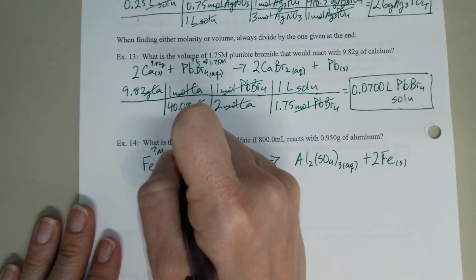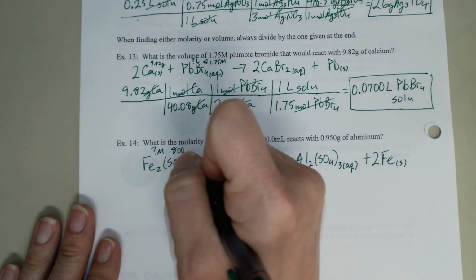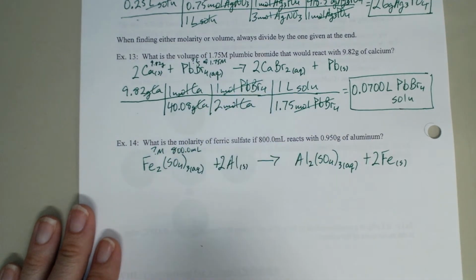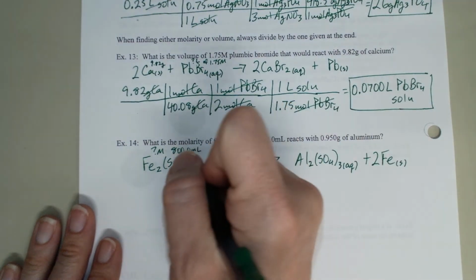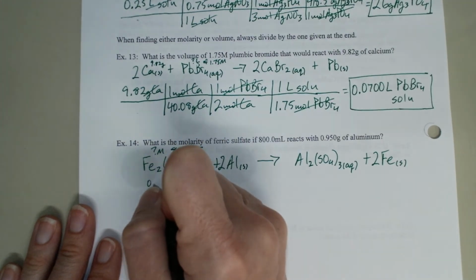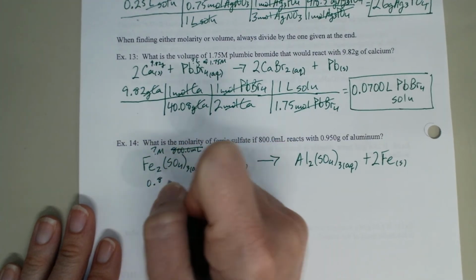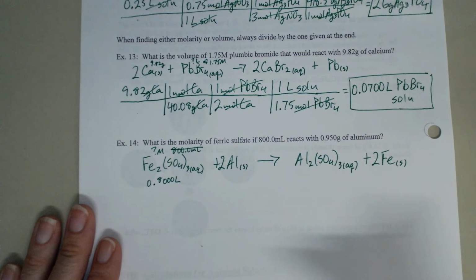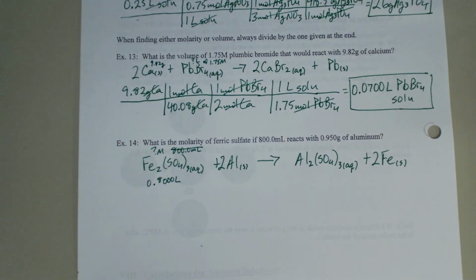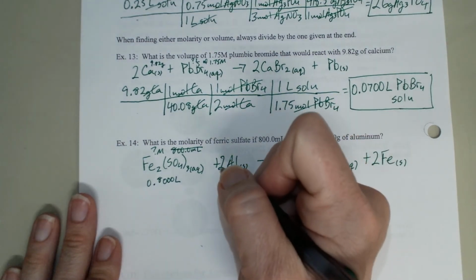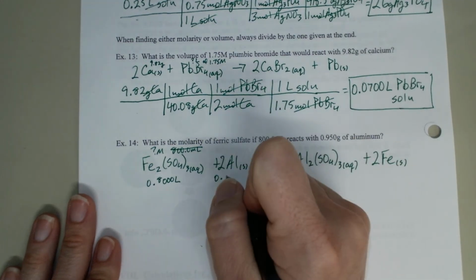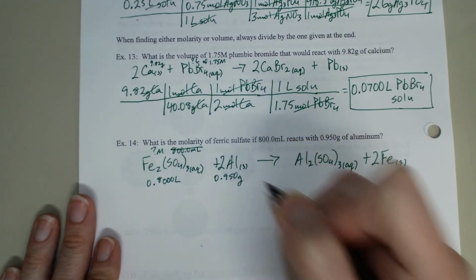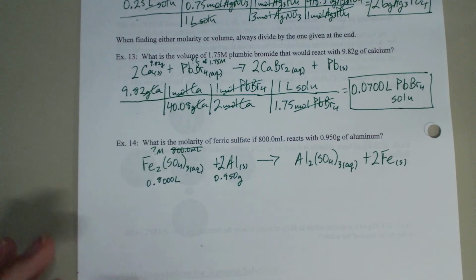If I have 800.0 milliliters. But I think it's easier to use liters myself, so I'm actually going to go with 0.8000 liters of that. And I have 0.950 grams of aluminum. Alright, so I want to end with a double unit because molarity is moles over liter,